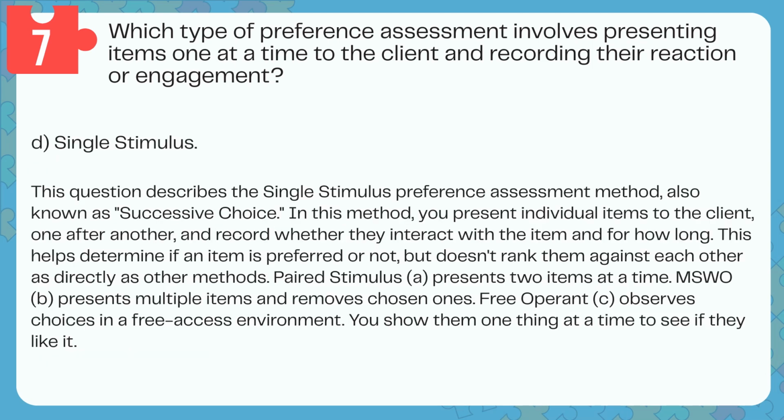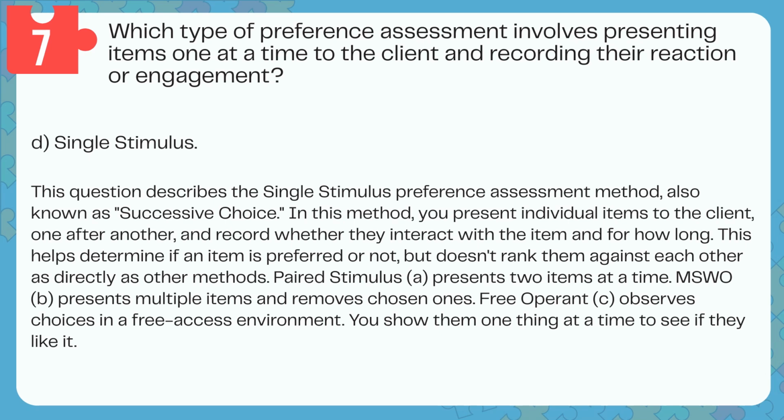Answer: D. Single stimulus. This question describes the single stimulus preference assessment method, also known as successive choice. In this method, you present individual items to the client, one after another, and record whether they interact with the item and for how long. This helps determine if an item is preferred or not, but doesn't rank them against each other as directly as